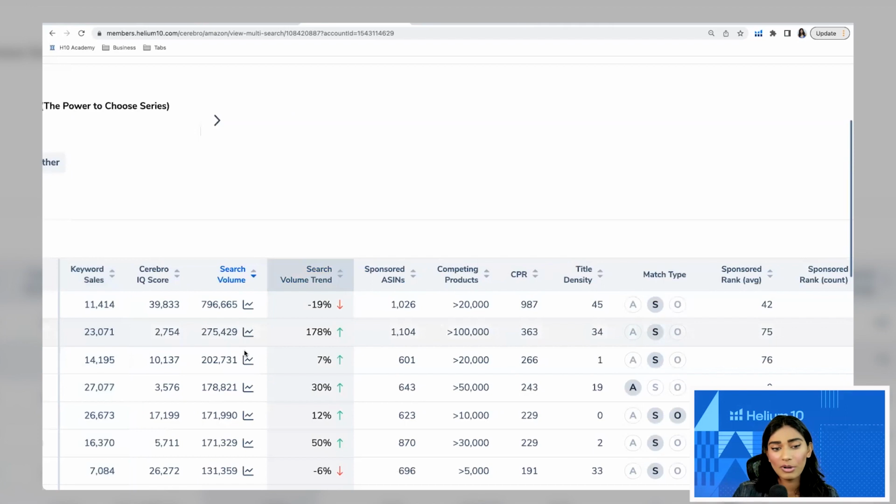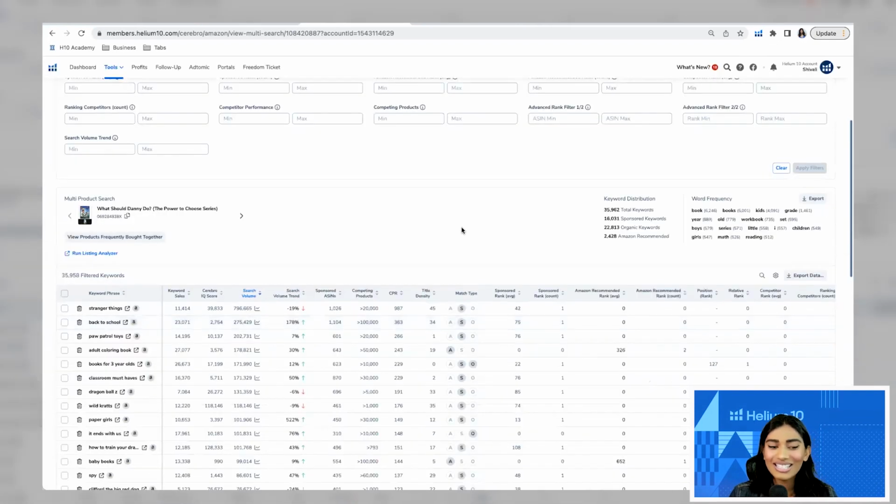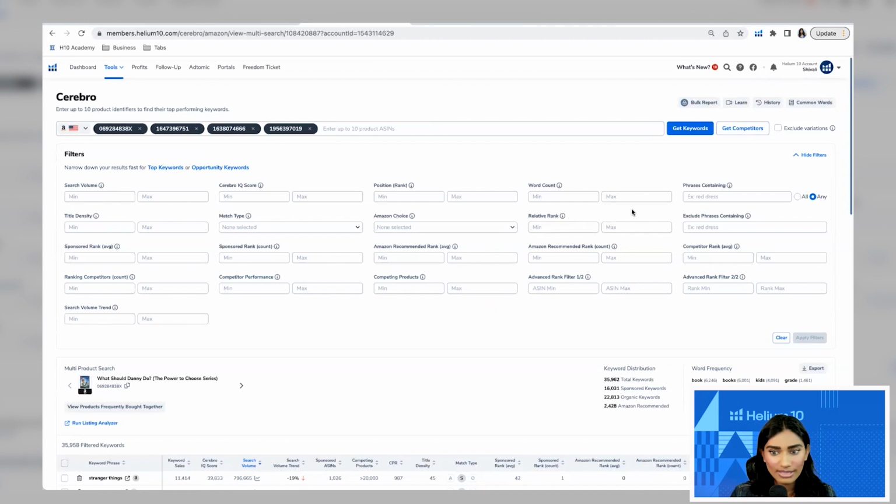Also, another thing that could be problematic when you sort by search volume is your competing products. If you have over 100,000 competing products, that's not great either, because then it's harder to rank. So how do you really go through and choose something? Well,